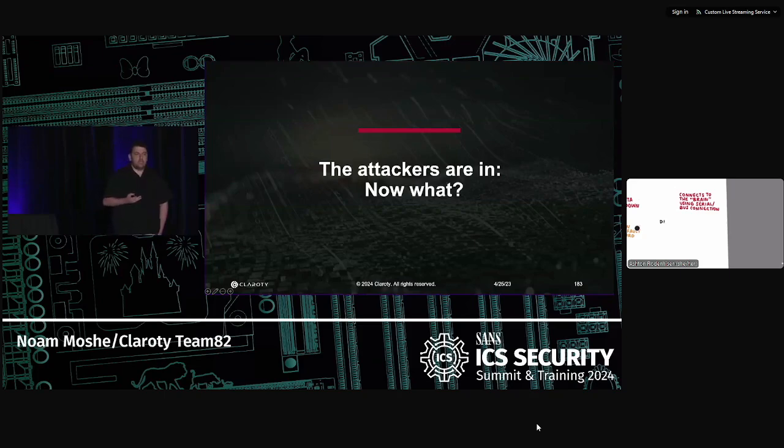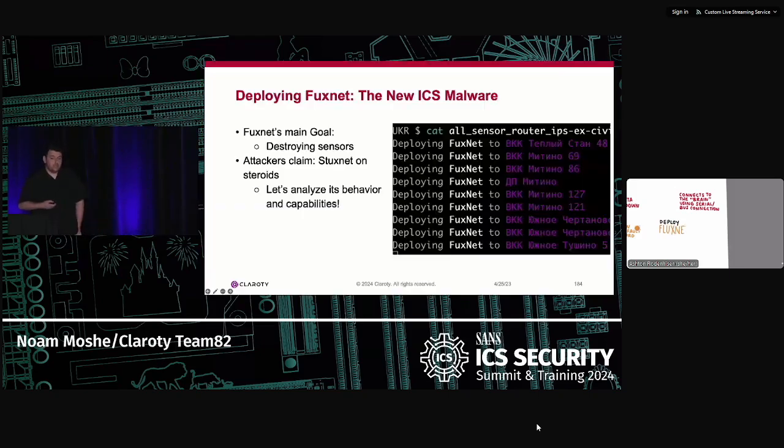Okay, so the minute the attackers gained access to the Sensors gateway, they were in. They had access to all edge devices in most collectors' networks. The only question is, what's next? And their goal was very simple. They had one goal in mind, and that's destroying every sensor that is bought and used by most collectors.